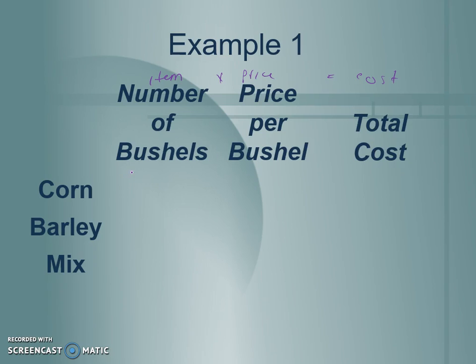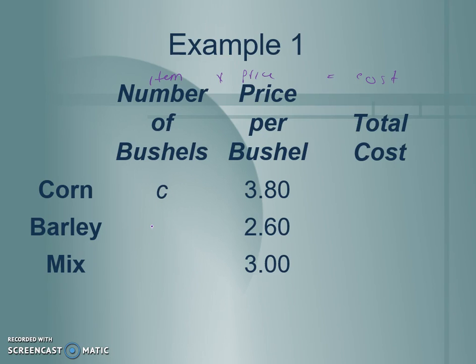So corn costs $3.80 per bushel and barley costs $2.60 per bushel. And our goal is to have a mixture that costs $3 per bushel. So we have corn, barley, mix, and our prices that we know. Now we know that the number of bushels is going to be C